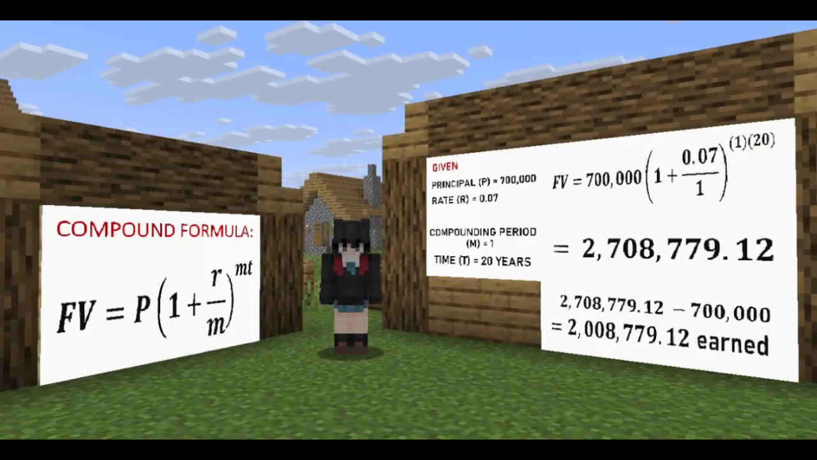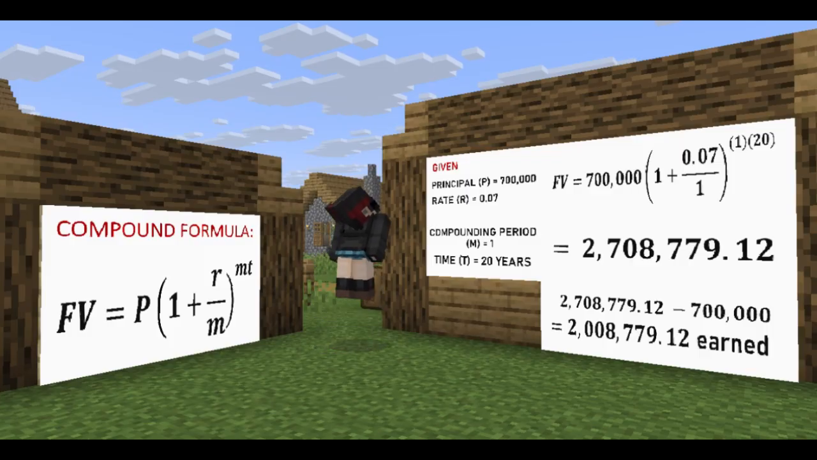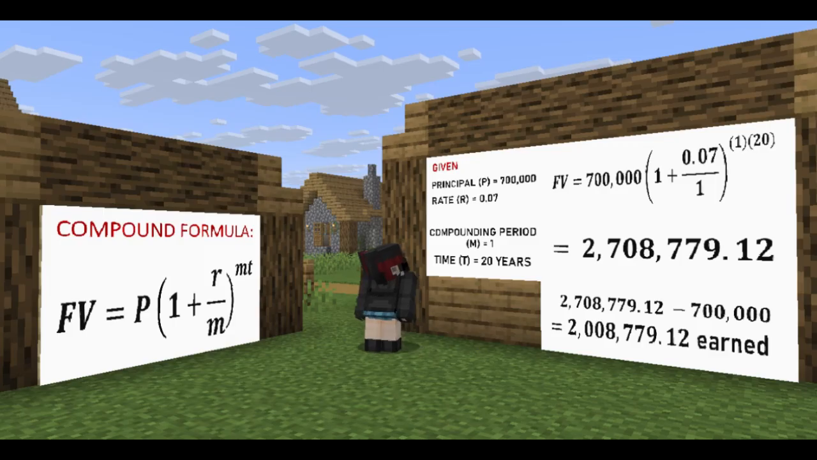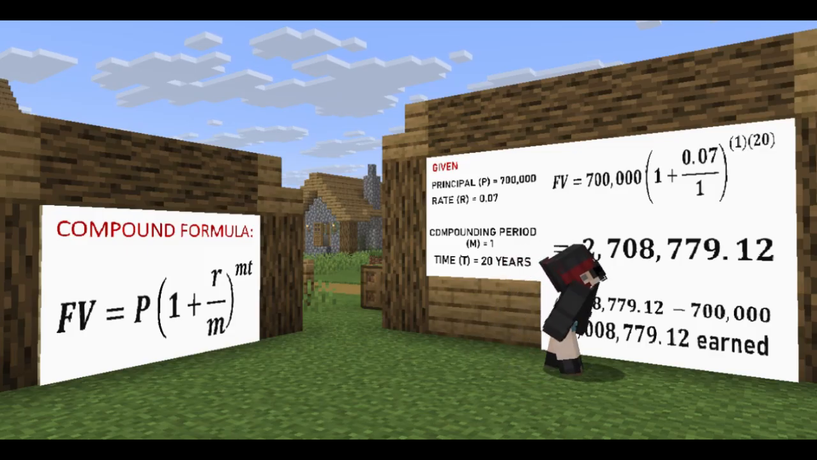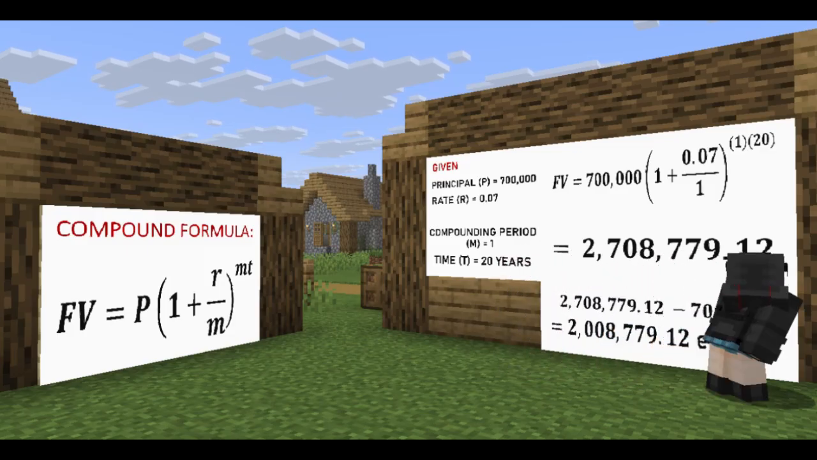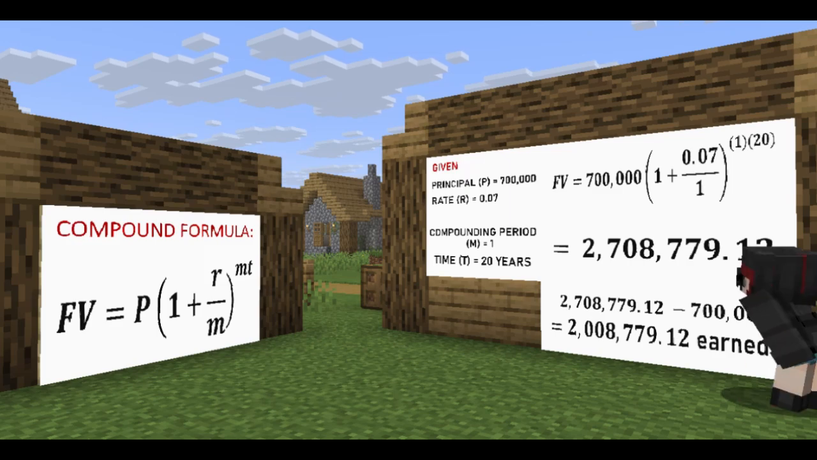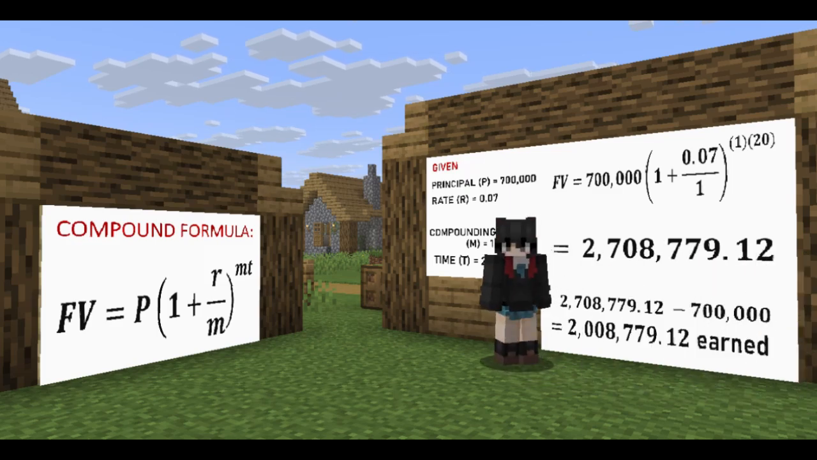We'll begin with Bank A, which is compounded annually. The formula we'll use is the same. Now let's substitute the given values. Principal equals 700,000, rate equals 0.07, compounding period equals 1, and time equals 20 years. So we'll have FV equals 700,000 times 1 plus 0.07 divided by 1, raised to the power of 1 times 20. When we calculate that together, that gives